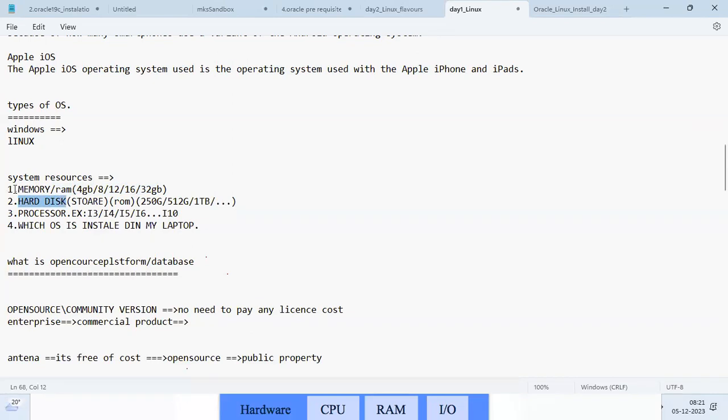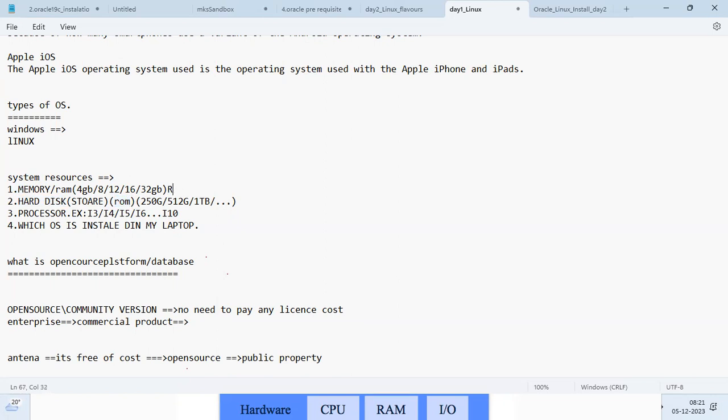Next, the hard disk. What is the purpose of memory? In a mobile also there is memory to process something. The hard disk is used to store data, for storage purposes.